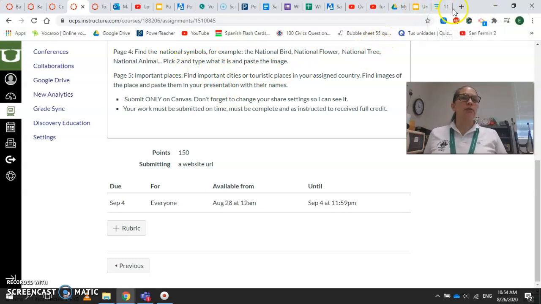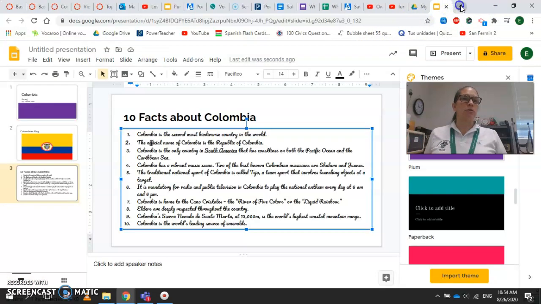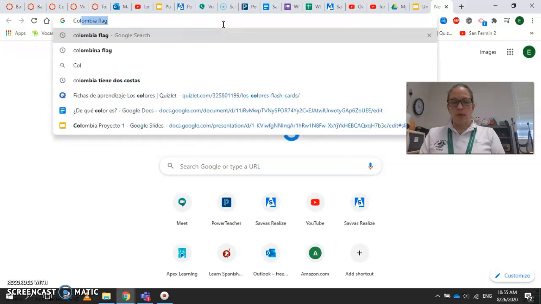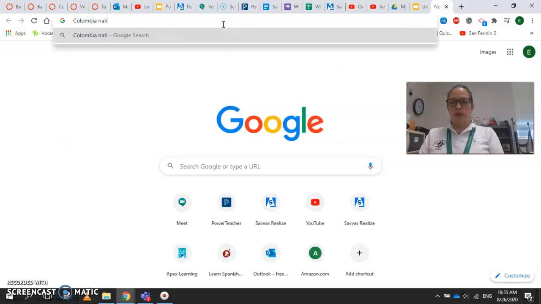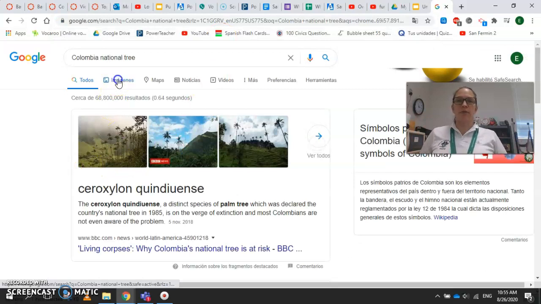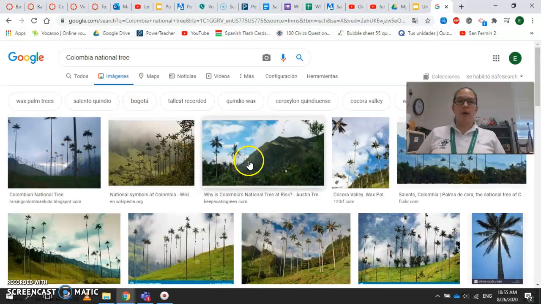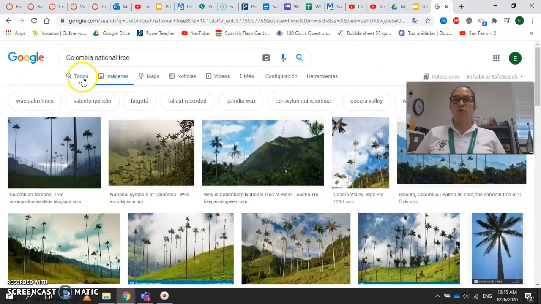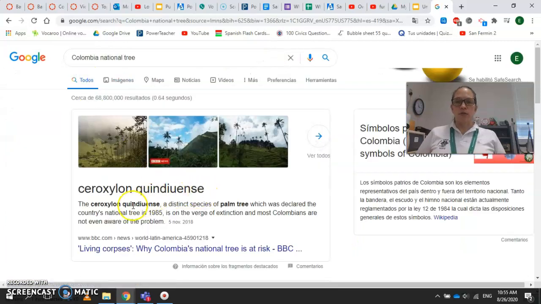And then what I do is I go again to Mr. Google, who knows a lot of things. And I'm going to put there Colombia national symbols. Now I actually can go national tree. Let's see what Colombian national tree is. Oh, it's telling me that it is a palm. So I'm gonna put Colombian national tree. I need to find out how you call it though. So it's called